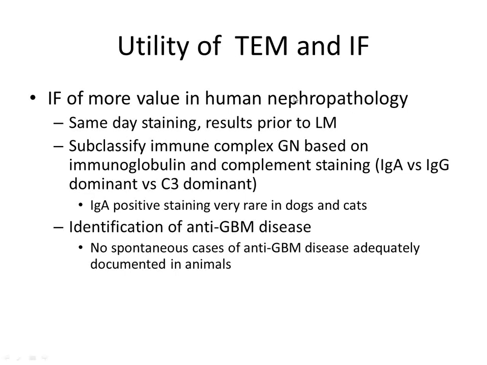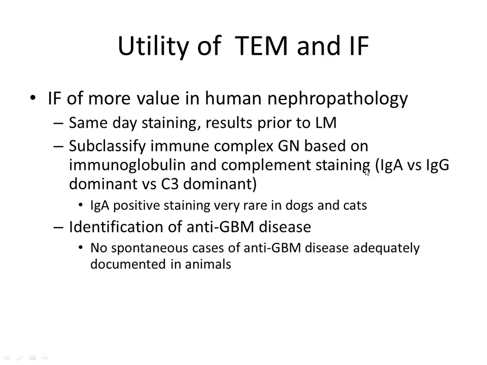But the other reason it's really important in human nephropathology is that they have a lot of very specific dominant phenotypes. So they have an IgA dominant immune complex mediated disease. They have an IgG dominant immune complex mediated disease. They have a C3 dominant immune complex mediated disease. We've seen IgG. There have been reports in the literature of C3 dominant glomerulonephritis in dogs, and there is a report, I think, out of Korea or Japan of IgA dominant glomerulonephritis in dogs. At the IVRPS, International Renal Veterinary Pathology Service, we haven't seen these phenotypes, but that doesn't mean they don't exist. It's just we haven't seen them yet.